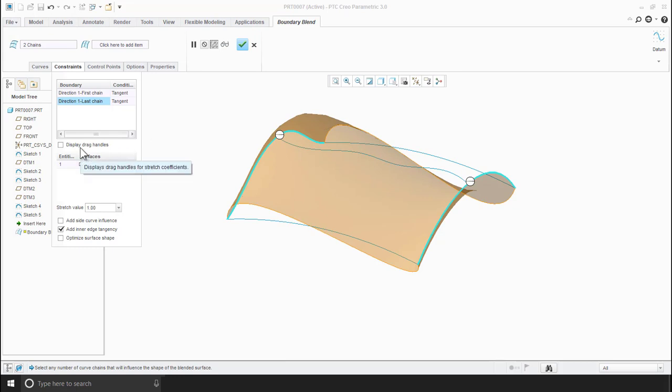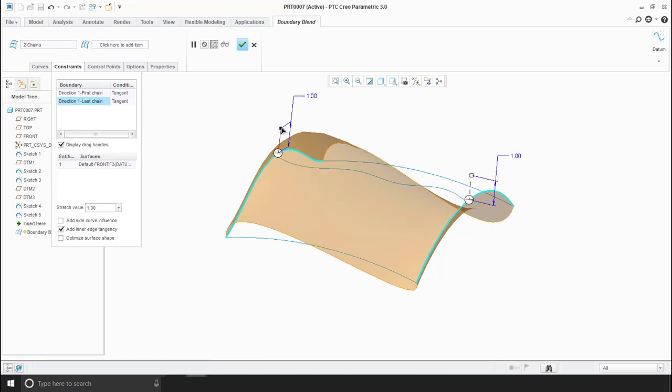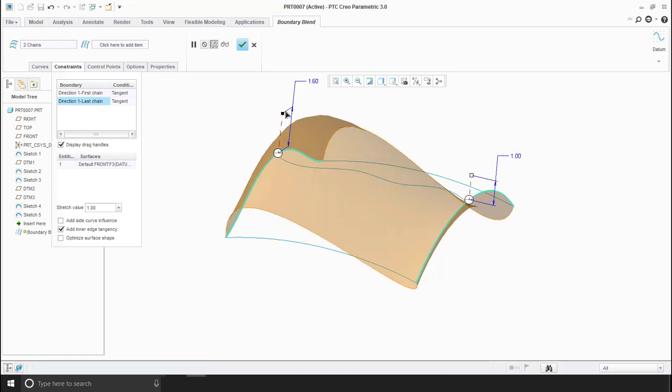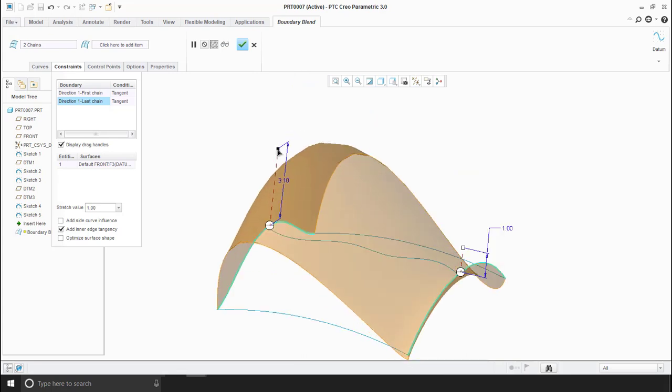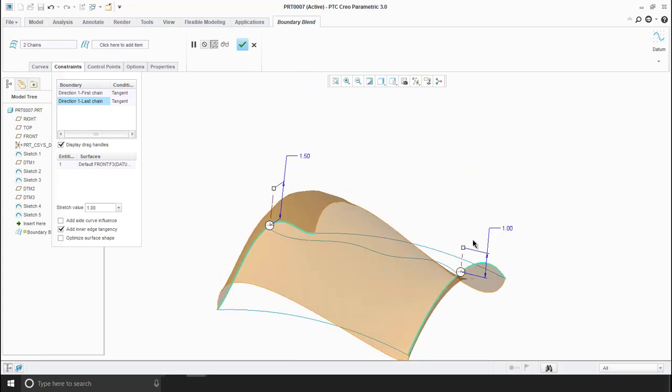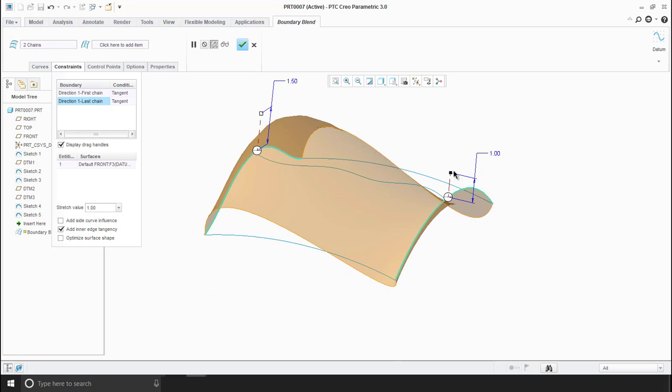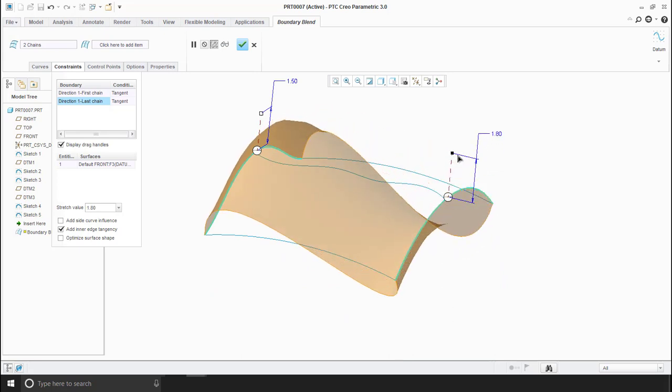So we can see another option here as display drag handles. So if we enable this option, we can change the shape of the curve by dragging these handles like this. And also here we can change the shape by dragging these handles.